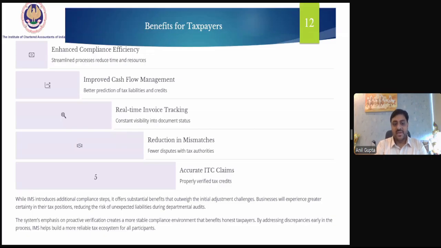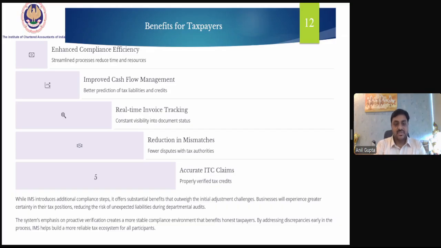While IMS introduces additional compliance steps, it offers substantial benefits that outweigh the initial adjustment challenges. Businesses will experience greater certainty in their tax positions, reducing the risk of unexpected liabilities during departmental audits or assessments.